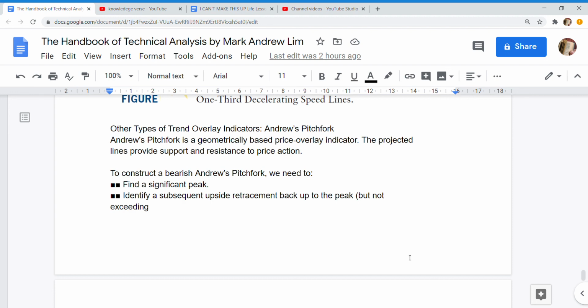The projected lines provide support and resistance to price action. To construct the bearish Andrews Pitchfork, we need to